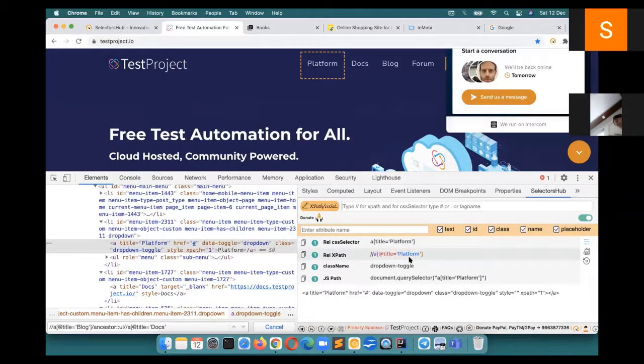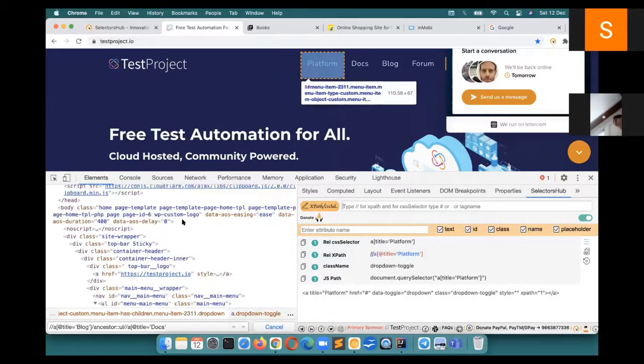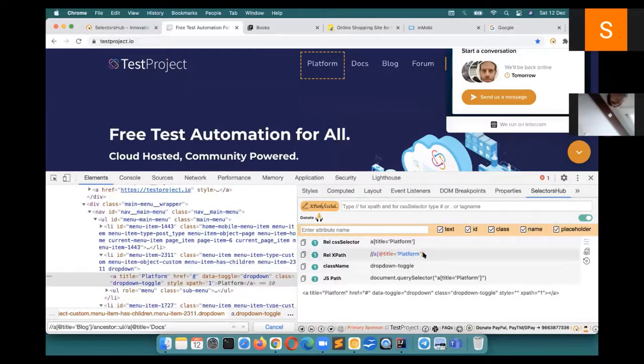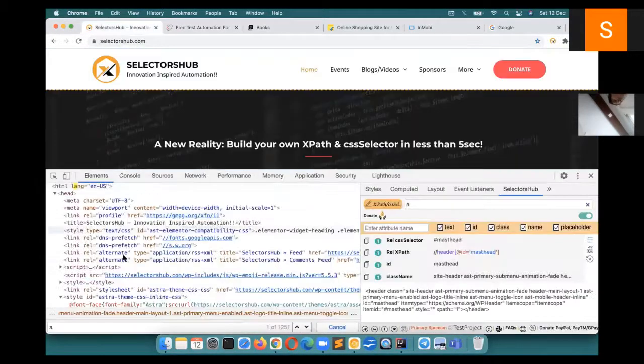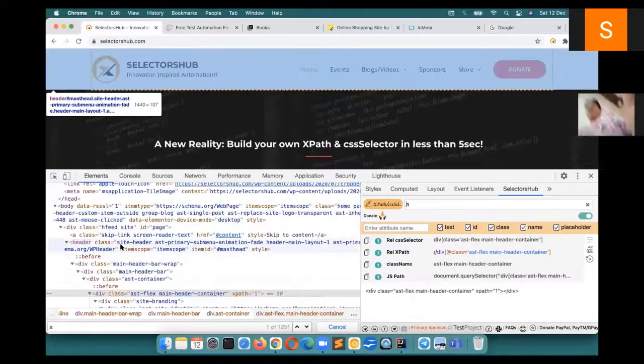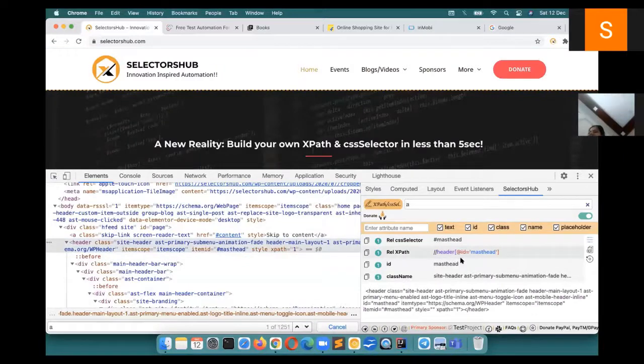It saves a huge amount of time for you. And there are n number of features. If you want to generate XPath with any particular attribute, or anything you don't want, like title, you can pass any attribute here. If you want to generate any XPath with any of your particular attributes, those values you can pass here like this. Let's say for this element you want to generate XPath not with ID, you uncheck the ID, it will generate with something else.